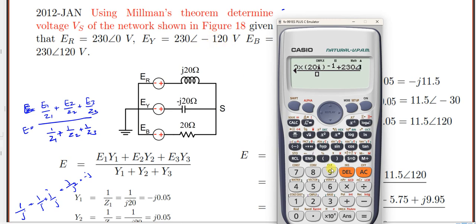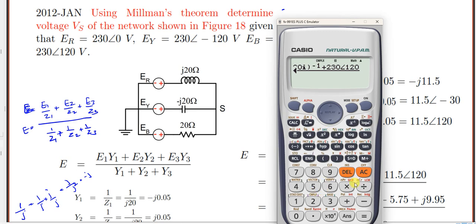Now the angle is minus 120, into, you have to write the whole inverse, minus 20j, whole thing inverse, plus the third voltage source, 230 angle 120,